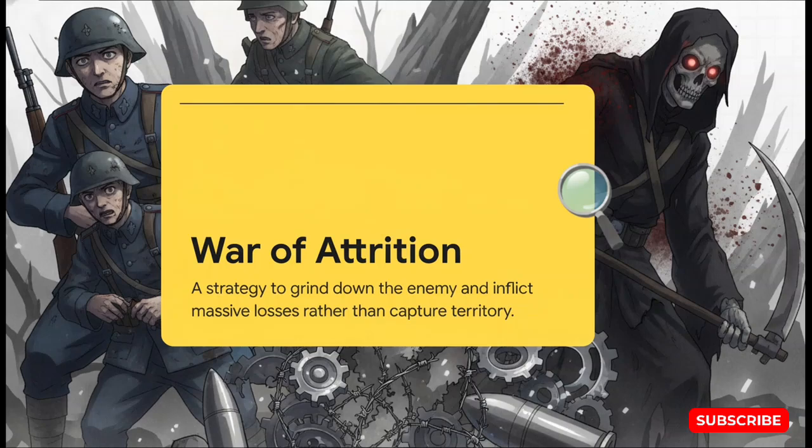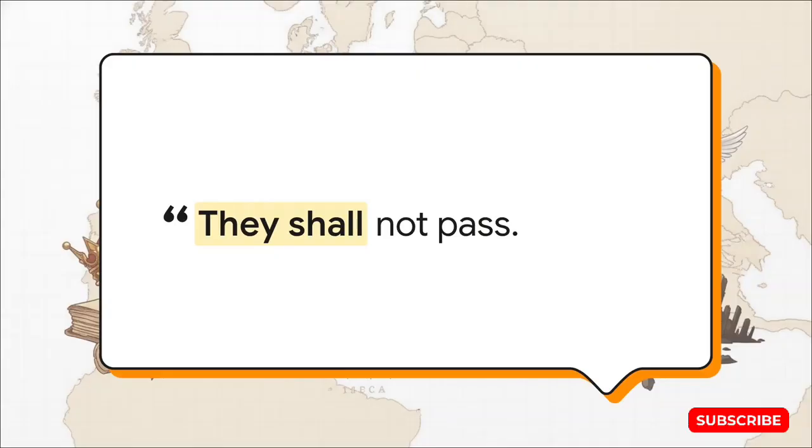The Battle of Verdun became this horrifying mincing machine, designed to grind down the enemy and inflict such enormous losses that an entire nation would just run out of manpower and be forced to surrender. Faced with this terrifying strategy, the French mounted a desperate, entirely unyielding defense. French General Robert Nivelle famously promised, "Ils ne passeront pas," they shall not pass, and they held the line. They absolutely refused to yield that symbolic town to the German army.